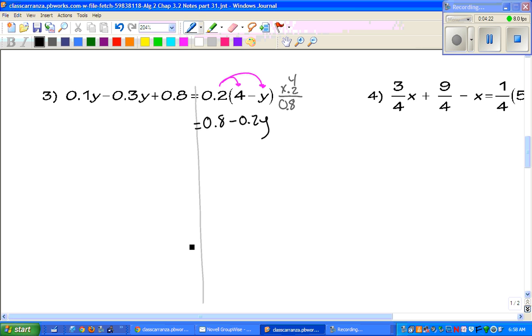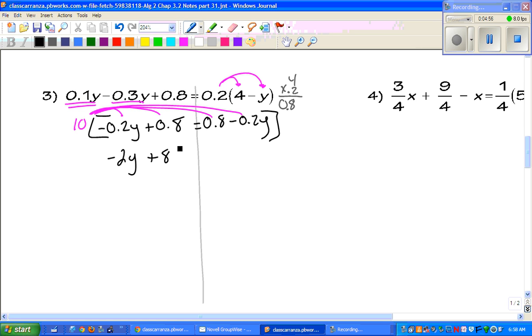Now on the left side, we can combine our like terms, and we have those two, which gives us negative 0.2y plus 0.8. Now we want to get rid of our decimals. To do that, I'm going to multiply by the place value, which is 10. We're going to multiply everything by 10, and you get negative 2y plus 8